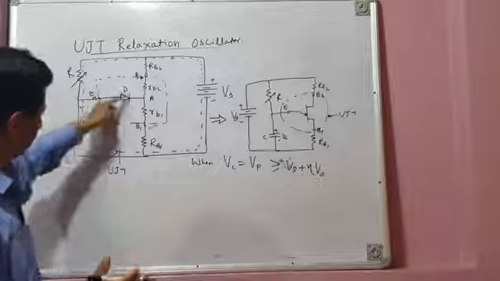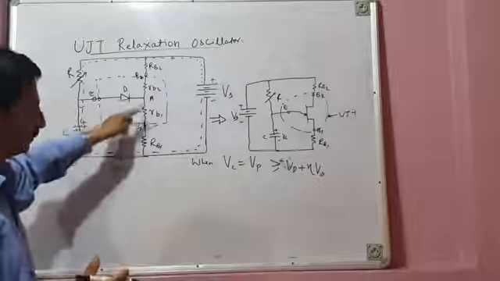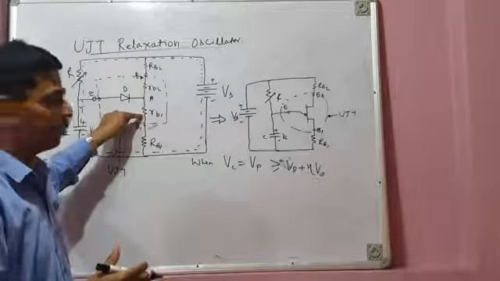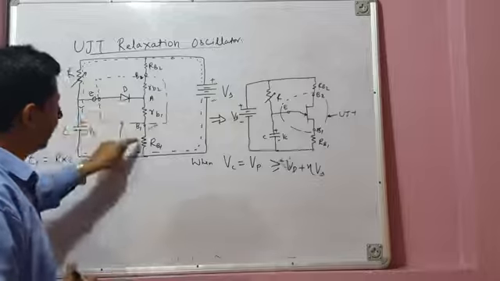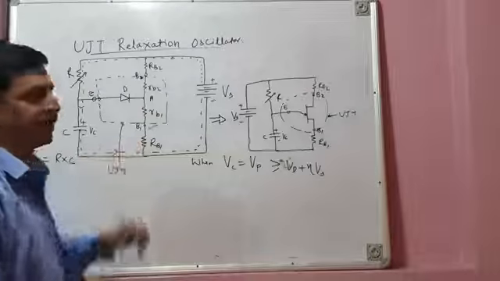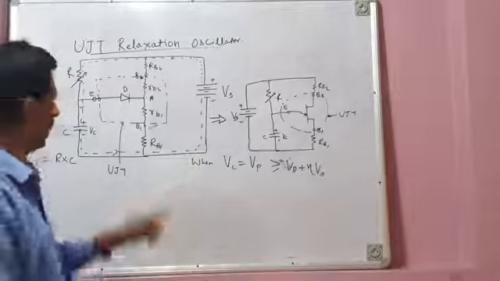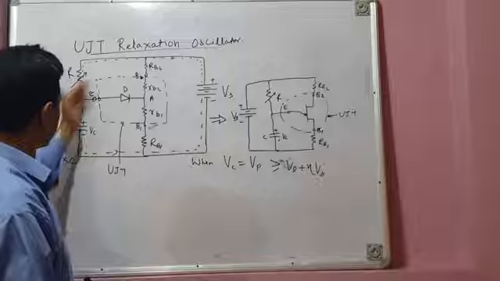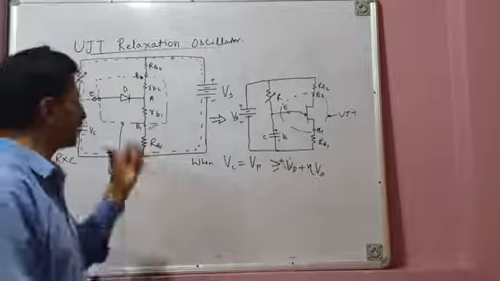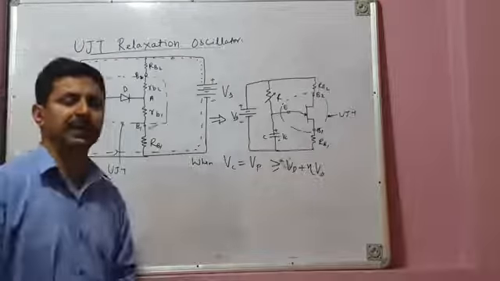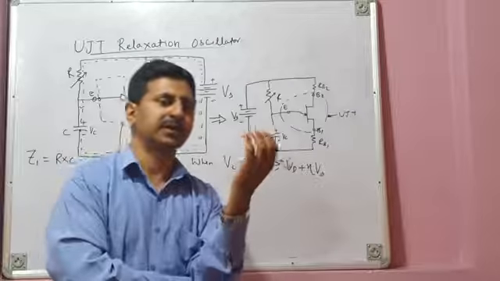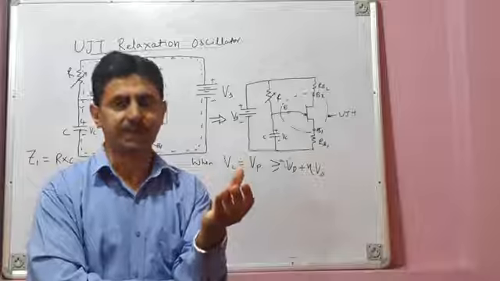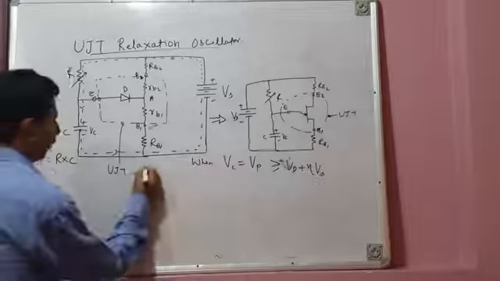It flows from emitter to base B1. And internal resistance RB1, when the device goes into conduction, it becomes almost zero. The magnitude of current will be then limited by this external resistance RB1. And therefore, this capacitor discharges through this RB1. And while discharging through this RB1, it produces a voltage drop across this RB1, and that voltage drop can be treated as a control pulse or firing pulse and can be used for the firing of thyristor. Let us try to understand it with the help of graph.